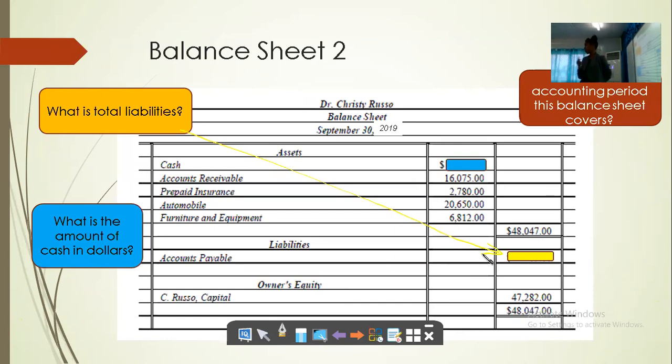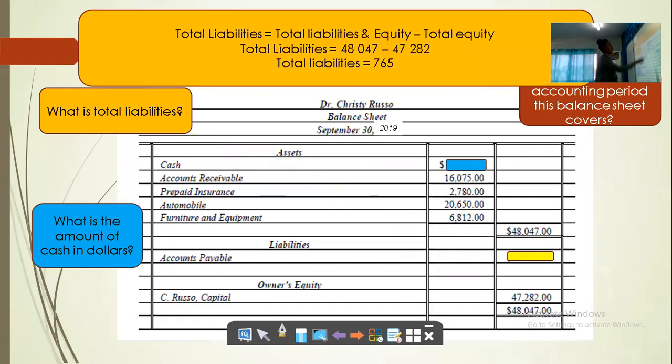So question, what is the total liability, people? 765. Well done. Okay. Did you get that? You will say 765. Total liabilities equals